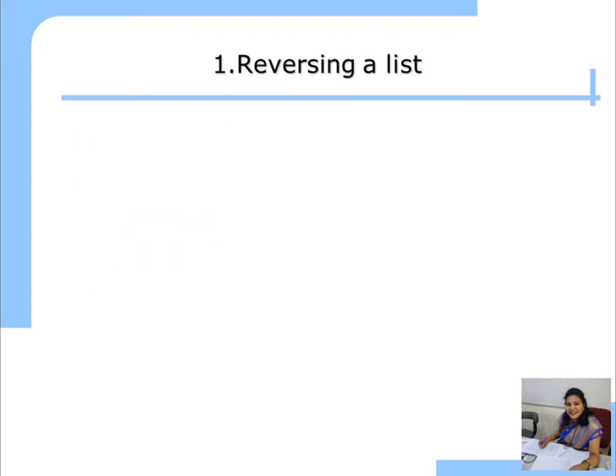So let us understand the first application of the stack, that is reversing a list. For example, if you want to reverse a list, list is nothing but the array. If you have one character array having the word cat, how can you reverse it using a stack? We will see it diagrammatically. This is the empty stack of size 3 and top is equal to -1. When top is equal to -1, it is the stack empty condition. If you want to reverse the string cat, you have to first put all the characters of this string onto the stack one by one.